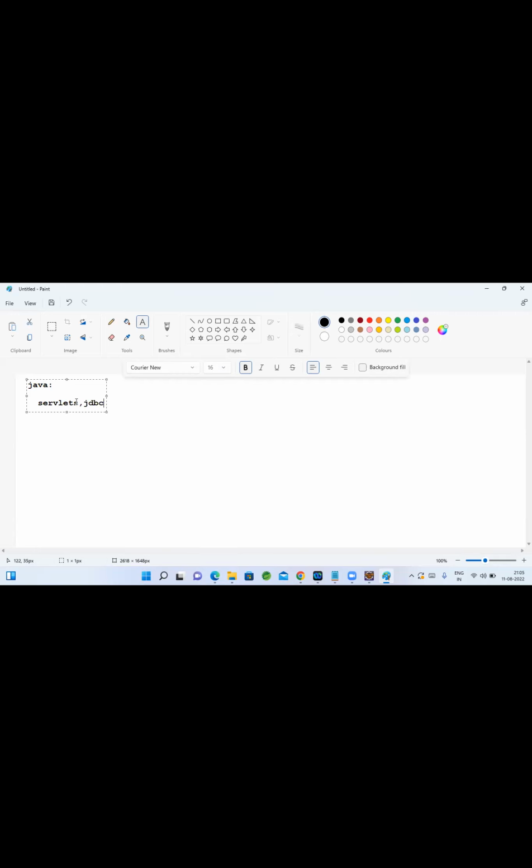As we know, Java has servlets and JDBC for doing web applications. And we have EJBs also from Sun Microsystems itself. EJB will have two components, session beans and entity beans. And many open source frameworks also came into the market.